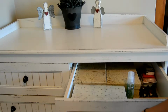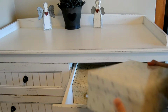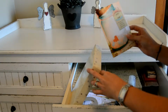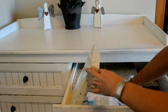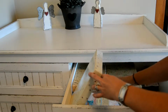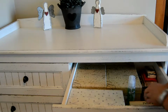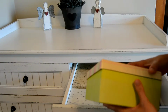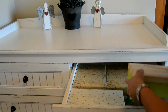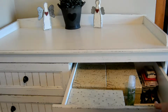Okay, the top two drawers, I have these little boxes in here, which are my memory boxes. I keep in here letters and cards that I receive from my husband and my children, and things that are special to me, like this little pebble that I picked up on the Molivos beach and was given to my friend, by my friend to me. So these are all my special memory boxes. And then in here I also have some photos that I don't put in frames and don't use anymore, and I just put them in here. And then I've got some extra things like tissues and wipes